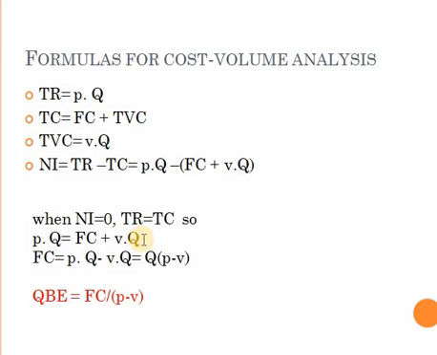I will say that since the total revenue and the total variable cost include a Q, I will get Q to one side. So I will say fixed cost equals to P times Q minus small v times Q. Then I will take Q into common and I'll open the bracket to have P minus small v. So if I want to get the value of Q alone, it's gonna be the fixed cost over P minus